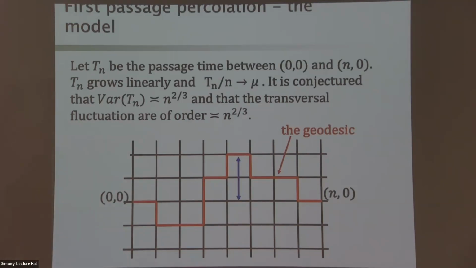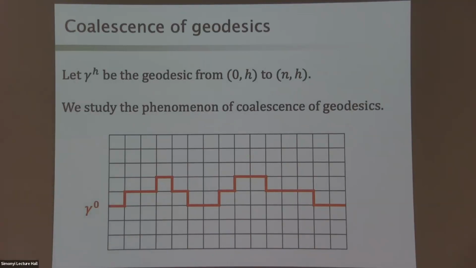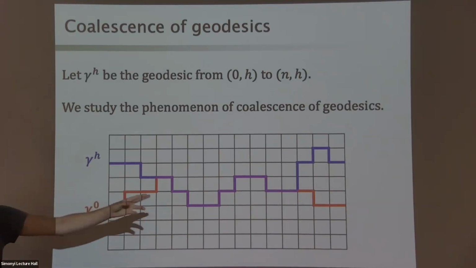But today I want to talk about a different phenomenon, and this is the phenomenon of coalescence of geodesics. So you look at one geodesic, let's say from (0,0) to (n,0), and then you also look at another geodesic from (0,h) to (n,h). Turns out that what you will see with high probability is that these two geodesics coalesce, meaning that they will intersect and proceed together for the